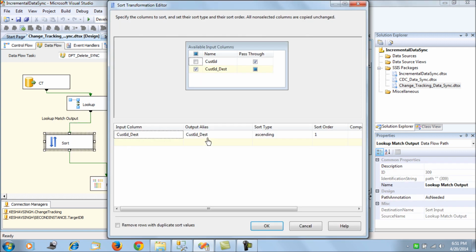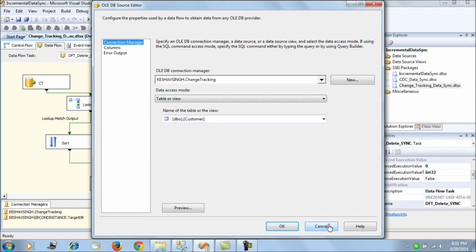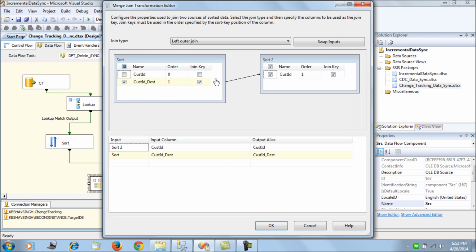So now this is for the matched output. I sort it on the customer ID destination in ascending order, and then I use the source customer to do a left outer join. So there's an inner join of the change tracking table with the target table, and then there is a left outer join for the results with the source one. Here in the merge, there's a left outer join with the customer ID destination with the source, and since